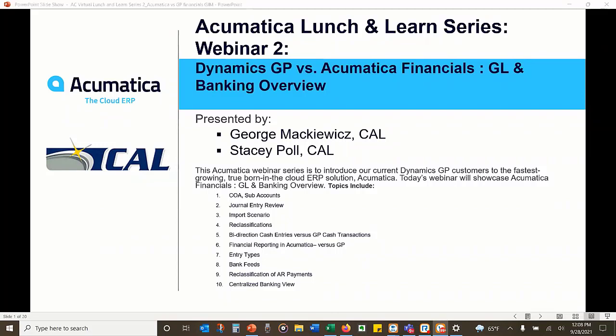And then we'll talk a little bit about bank feeds and then centralizing the banking module, which again, a lot of the Acumatica features when it comes to banking are superior to the GP functionality also. So that being said, I am going to go through the slides for Acumatica that I went through in the first presentation,